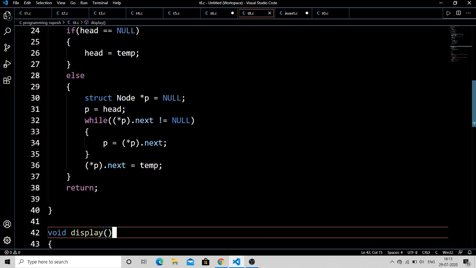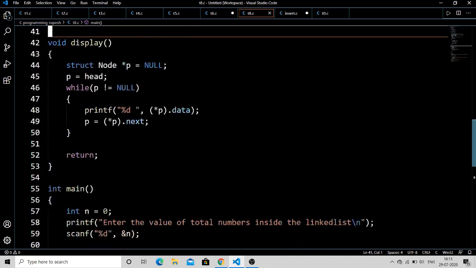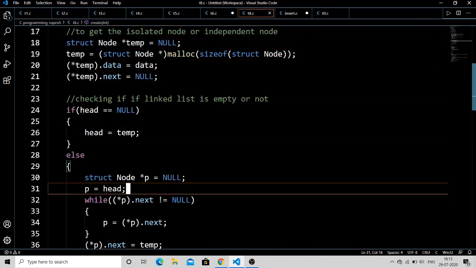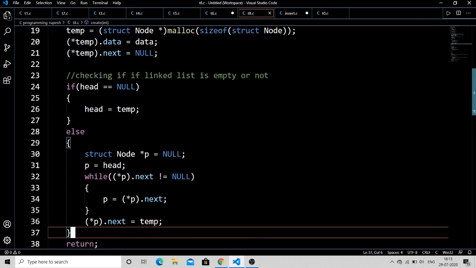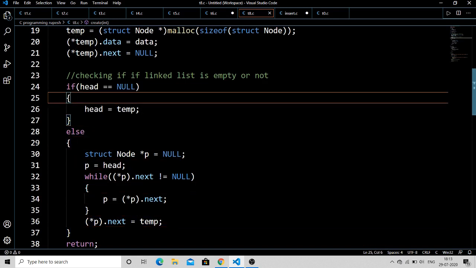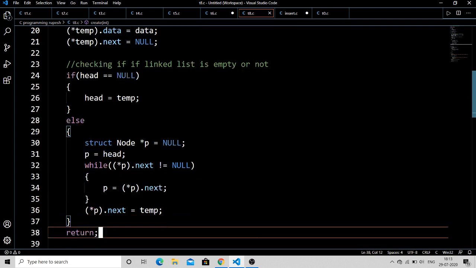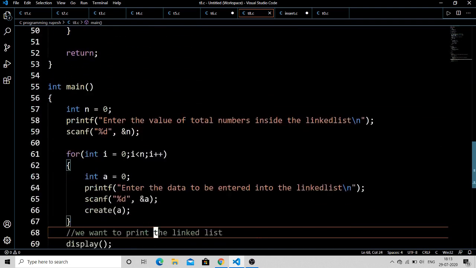Again it will return, come onto the for loop, the iteration continues, and again the else block will be executed, because now the list has become non-empty. So the if block will be executed only one time, when the linked list is empty. For the rest of the time the linked list will be non-empty, hence the else part will be executed. I hope you have understood till now.